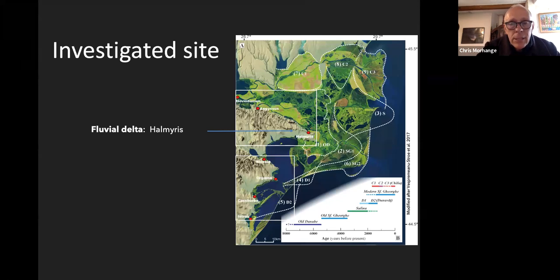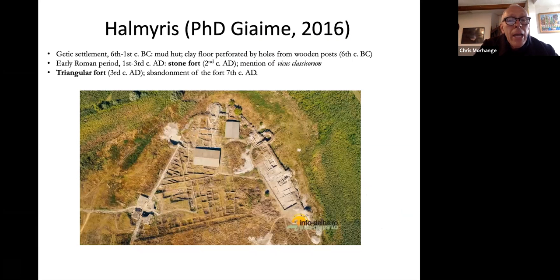In HALMYRIS, it was in connection with the PhD of Mathieu Giem, and you can see the location of HALMYRIS on the northeastern edge of the Dobruja Peninsula. So you must have in mind that 6,000 years ago, a long time before HALMYRIS was founded, it was a rocky coast. And on this paleo-rocky coast, paleo small cliff, a Getic settlement was developed since the 6th century